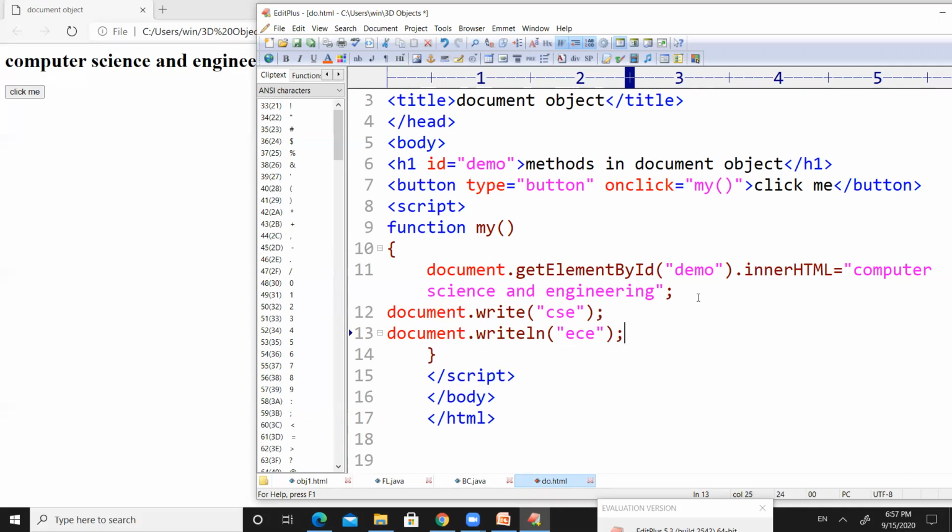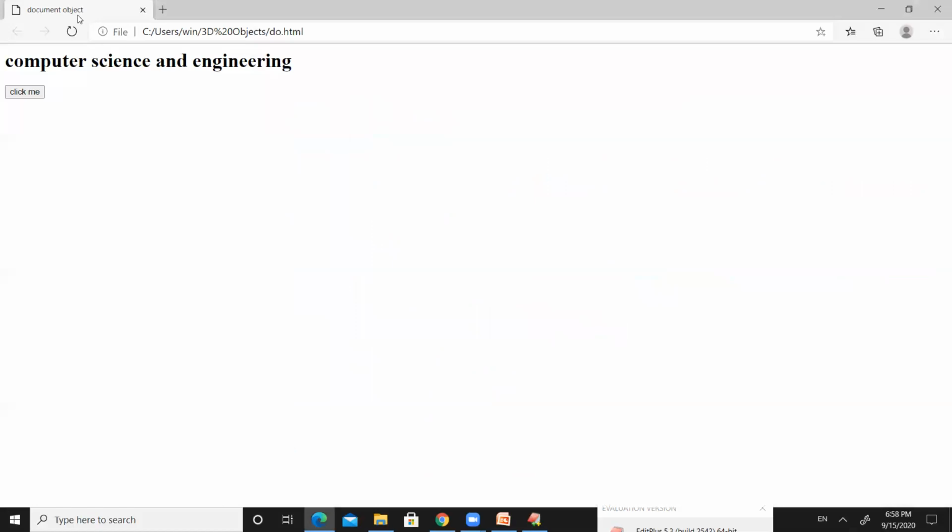I have used document.write, I have used document.writeln, and then I have covered document.getElementById. So now saving the code, making a refresh here. Now make a click on this one. It has to print computer science and engineering, followed by CSE, followed by ECE.